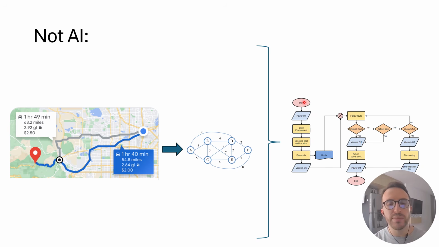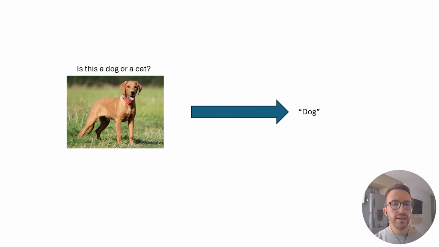By simply following that flowchart, which may branch off into different branches, it may have looping logic to repeat things, but ultimately the flowchart was designed by a human, and the computer is just blindly following those steps. At the end of executing the flowchart, it arrives at the answer: this is the best path from where you are to the address that you're asking to go to. That's not AI. I'll give you an example of something that is AI.